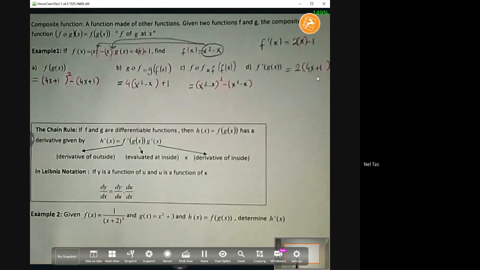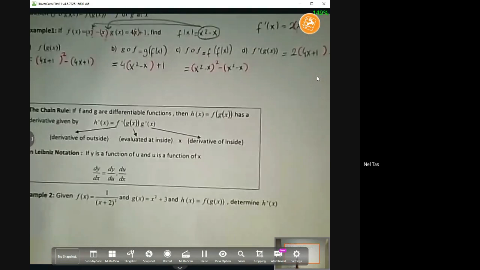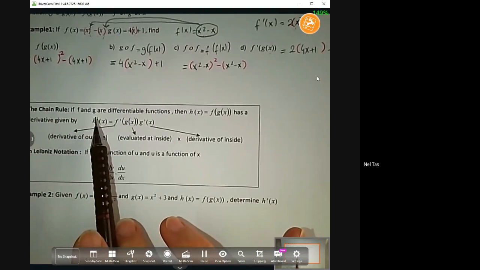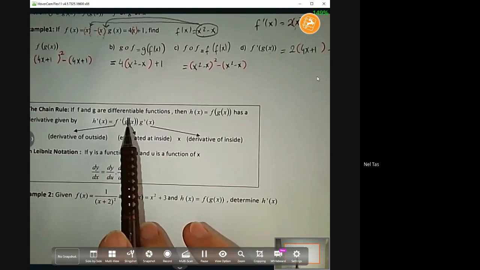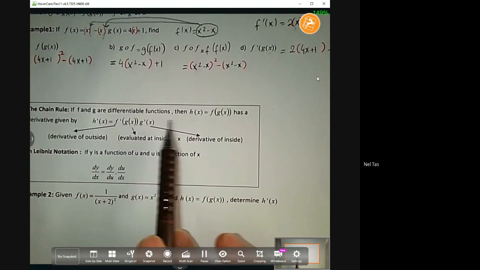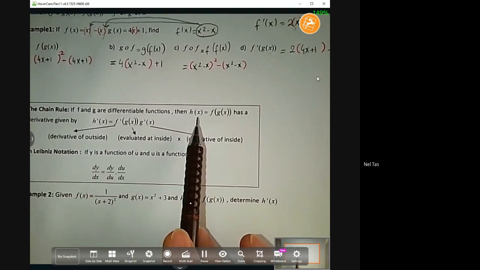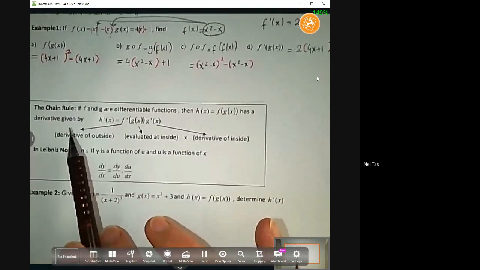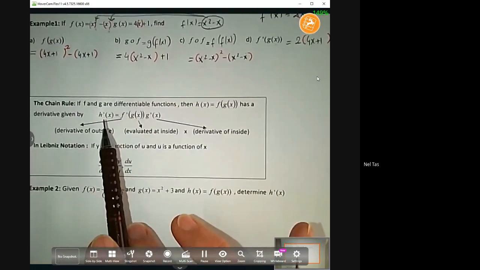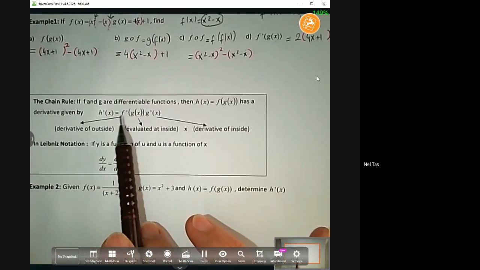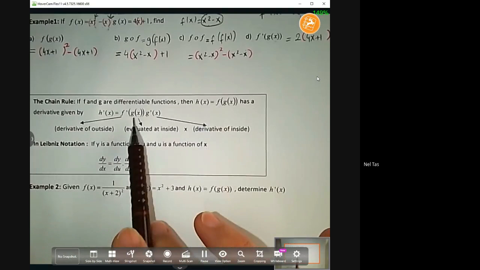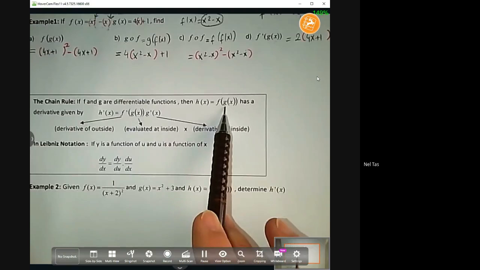All right, so the chain rule. If f and g are differentiable functions, and h of x is f of g of x, then we take the derivative of h like this: the derivative of f evaluated at g